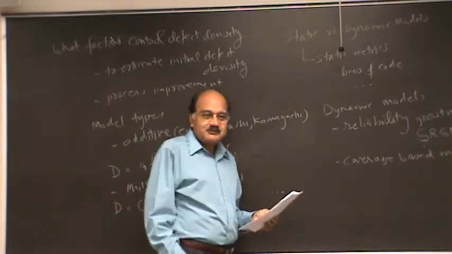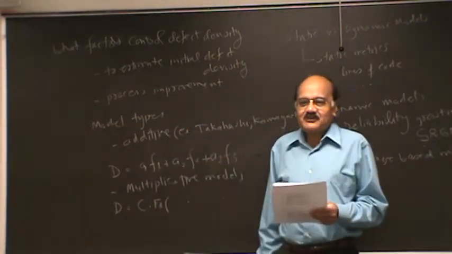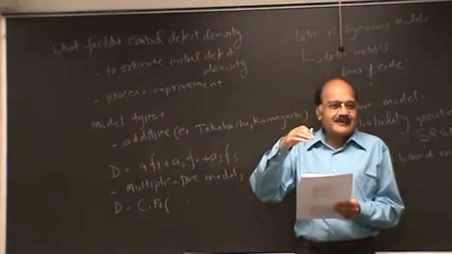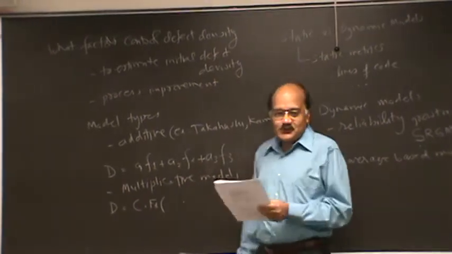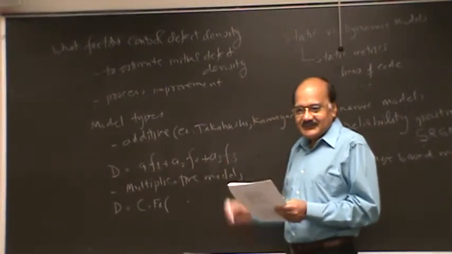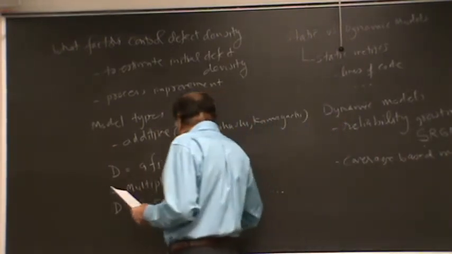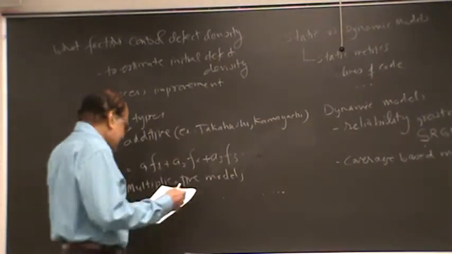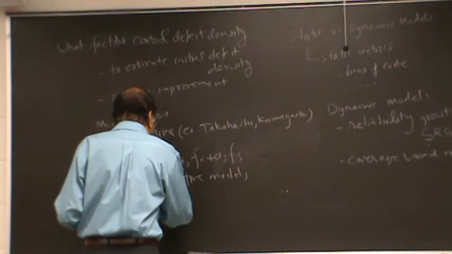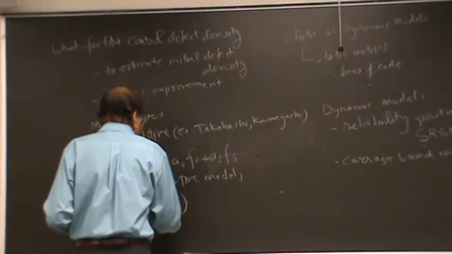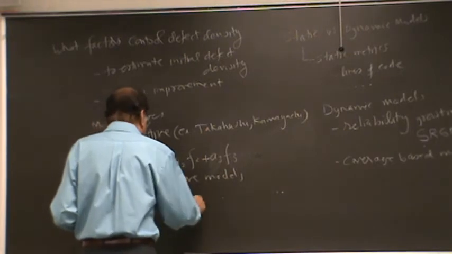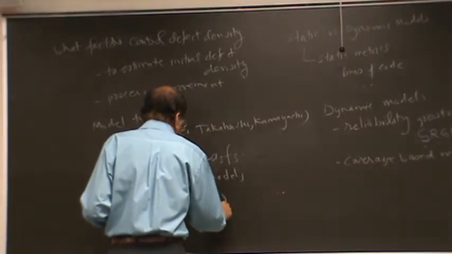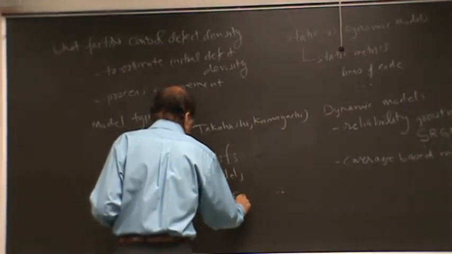Okay, I'm using the term factor with two different meanings here. By factor I mean a thing that you multiply in a mathematical expression, and by other factor I mean factors that control defect density. Sorry about using one identical word with two different meanings at the same time, but I guess in the context that should be clear. So some factor F1, perhaps this has to do with programmer skill, and then there's a factor F2, which maybe has to do with programming environment, and another factor,